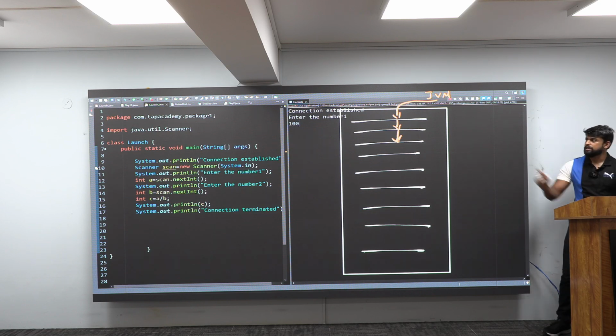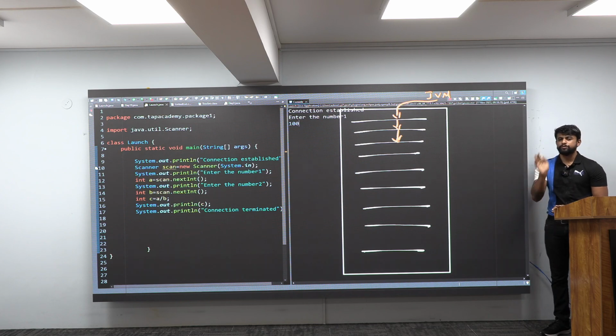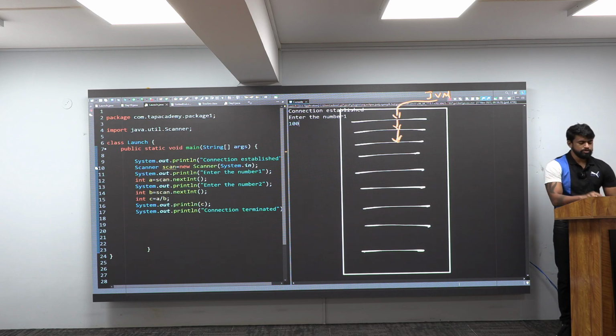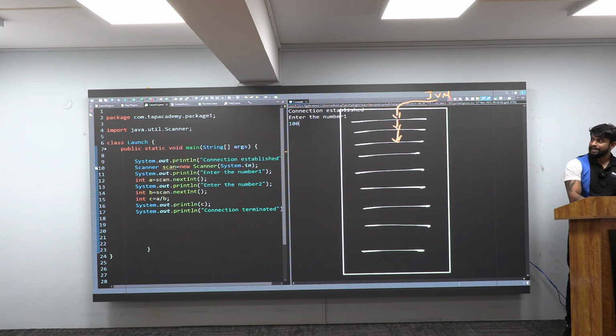If I hit enter, is 100 a proper input or a faulty input? It's a proper input. Wait for some time. Is 100 a faulty input or a proper input? It's a proper input. So now, if in case I hit enter, 100%, your 100 is scanned properly and is going for the next statement.